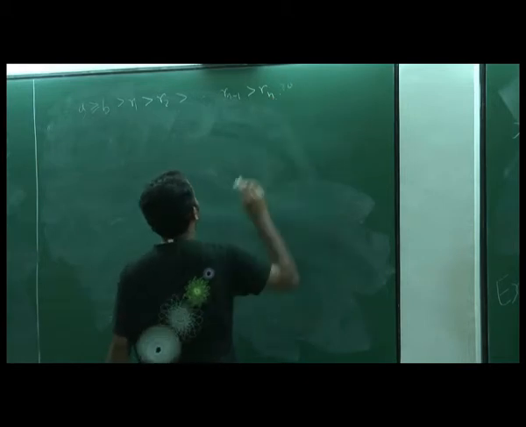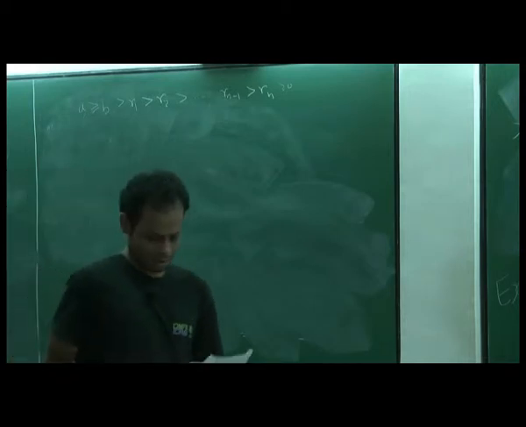Say B is like 1000. Then since these are strict inequalities, you can go at most 1000 steps down, and at some stage you will get 1 or 0, because all of them are non-negative. So the number of steps is finite, and you will always end this process. It won't go on forever, because each time you are decreasing the residue: B decreases to R1, R1 to R2, and so on. Even if you start with a big number, say 5 lakh, you will end after at most 5 lakh steps.